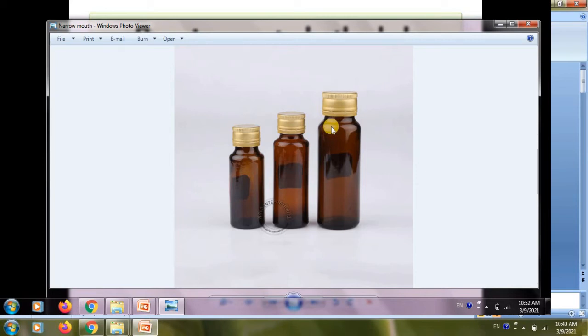Depending upon the number of students coming for offline practical, we will make groups. If there are fewer students, individual performance will be possible, or if the number of students increases, there will be 2 students in a group. In a group there should be 3 containers, okay, for narrow mouth.